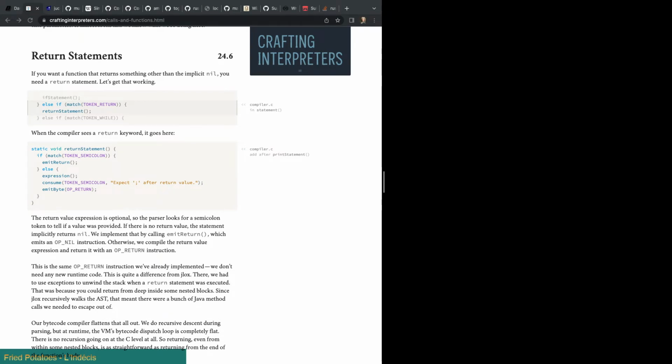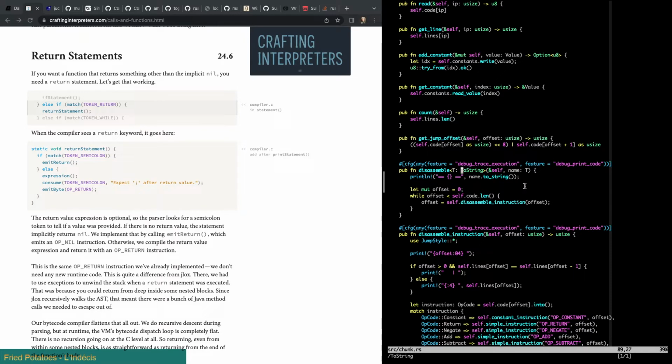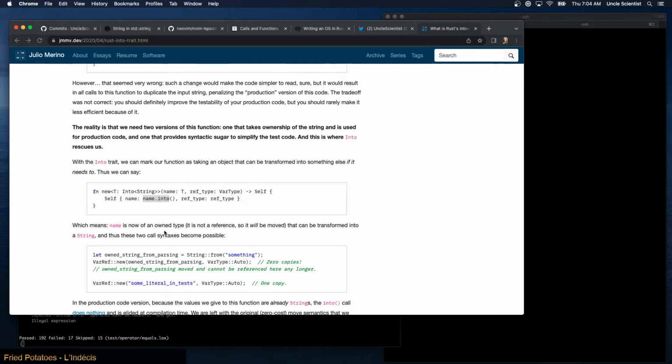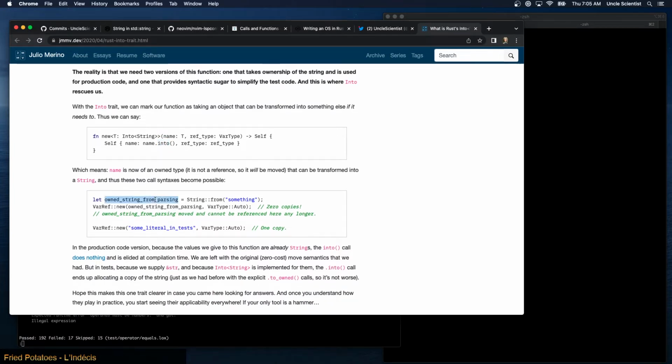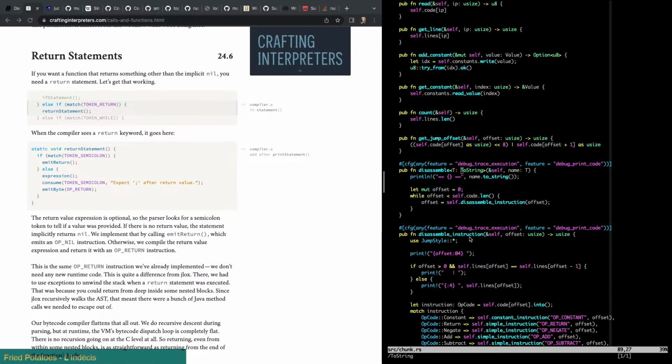If we take a look at chunk, I'm calling name toString on this versus name into over here. What's the difference? Well, the difference is that name into becomes a no-op if it's already a string. That's what they're showing here: if you have a string and you pass it in, there are zero copies, you're not making an additional copy of the string. Whereas here with an ampersand str, you are converting it to a string. And that way you don't have to worry about whether or not it's a string. You don't have to do this toString business. You just say into.